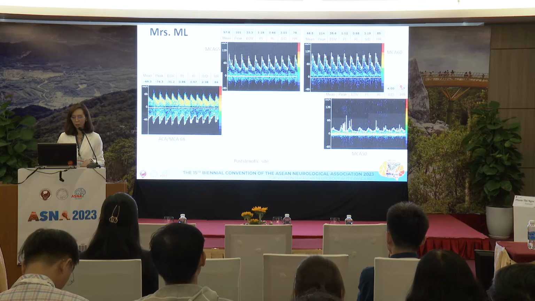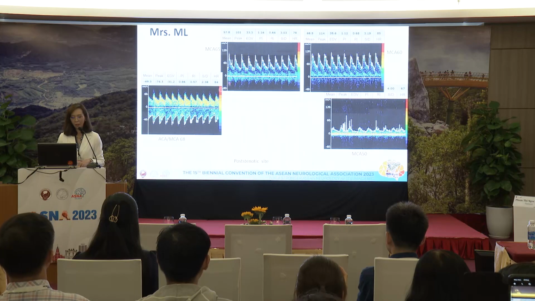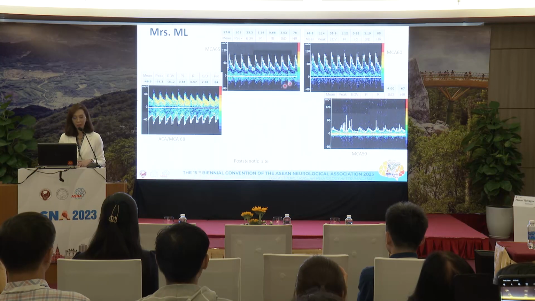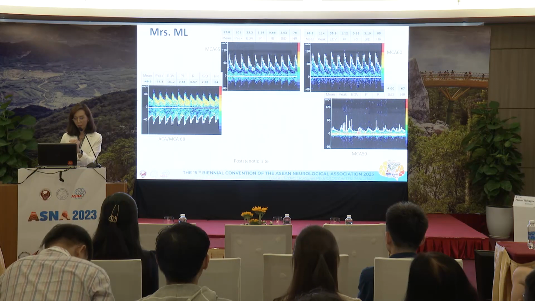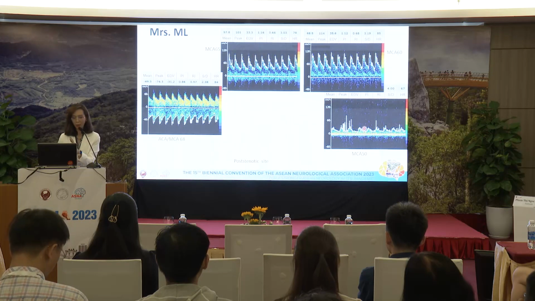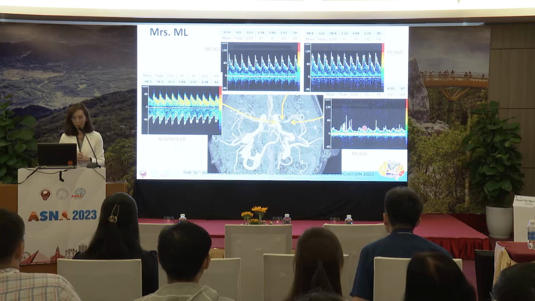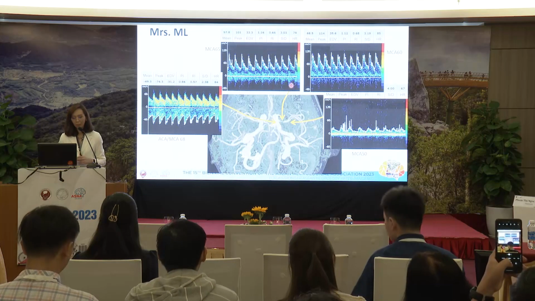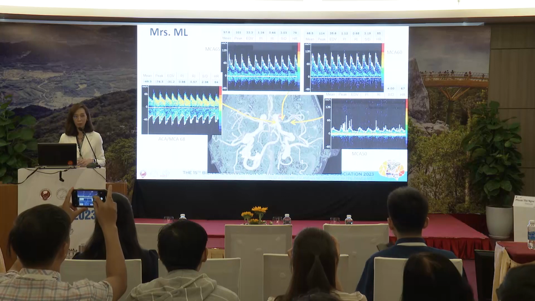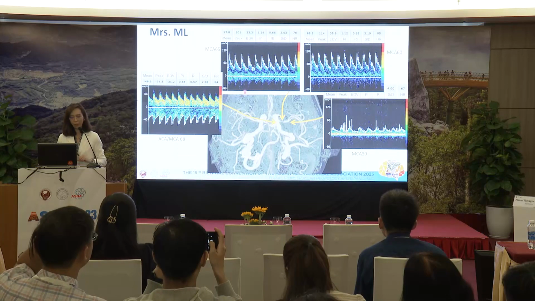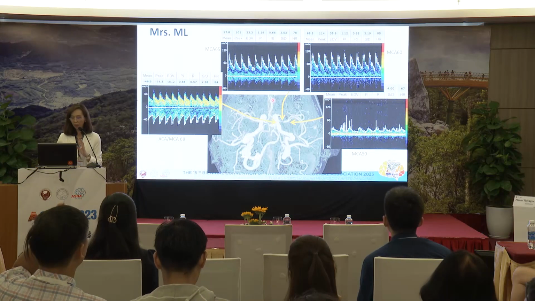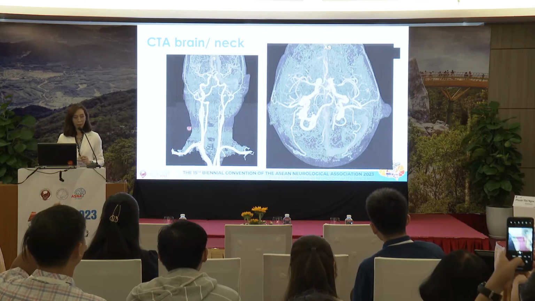So the probe is right somewhere over here. Getting deeper, you can see that this is ACA and this is MCA. And the velocity is very high in the MCA right at this point. And going near the probe, the velocity is down and the wave looks dampened or attenuated. So this is what the CTA looks like. At the stenotic site, usually we'll get a very high velocity, and we should measure that and see how high the velocity is, and you can just go to the criteria and look for it. So this patient is having MCA stenosis, and the carotid is fine.